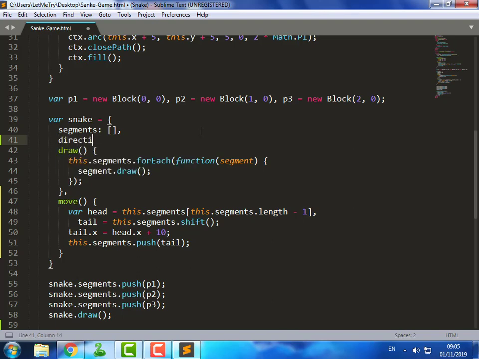Now let's add the direction property to the snake. By default, let's make it right.